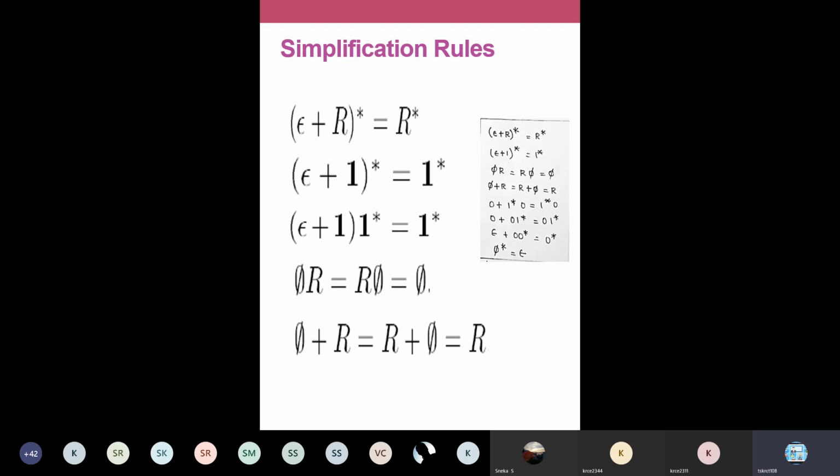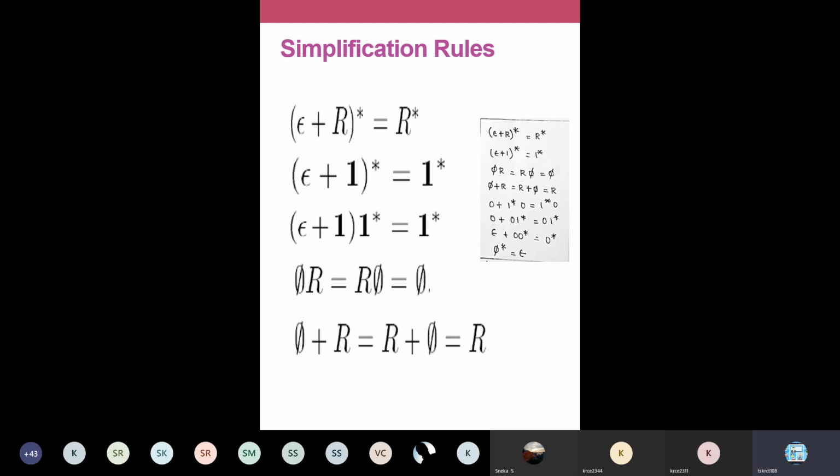Okay, so 1 star 0 means for 1 star you can apply epsilon, is it not? When you apply epsilon, you will get this 0. So in that case, I'll use the larger expression here. After minimization, you just check whether from this 1 star 0 you are able to derive both this 0 and 1 star 0, the regular expressions separated by plus. Both the regular expressions, you must be able to derive.